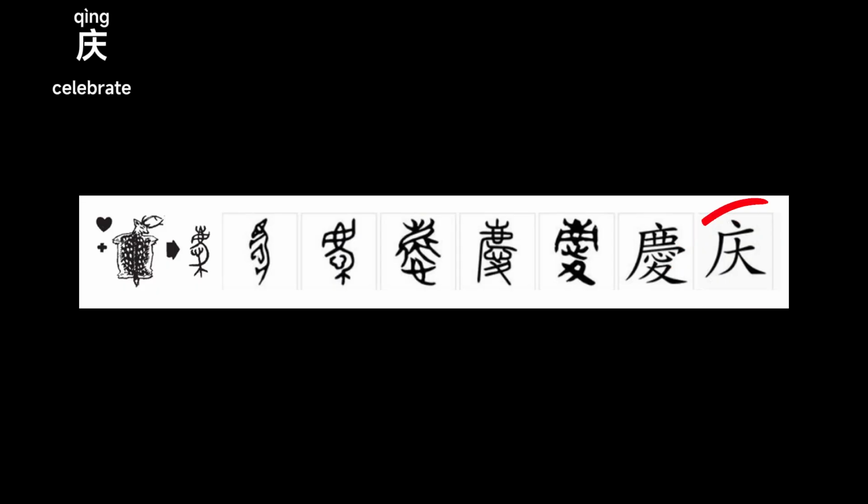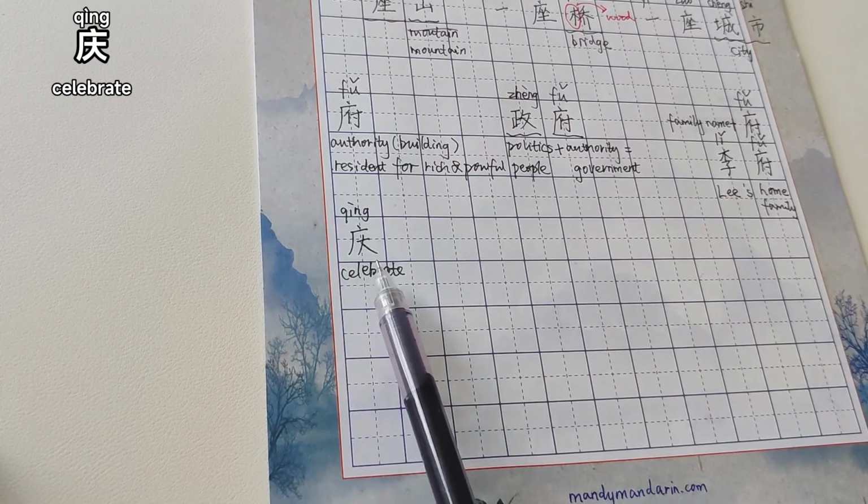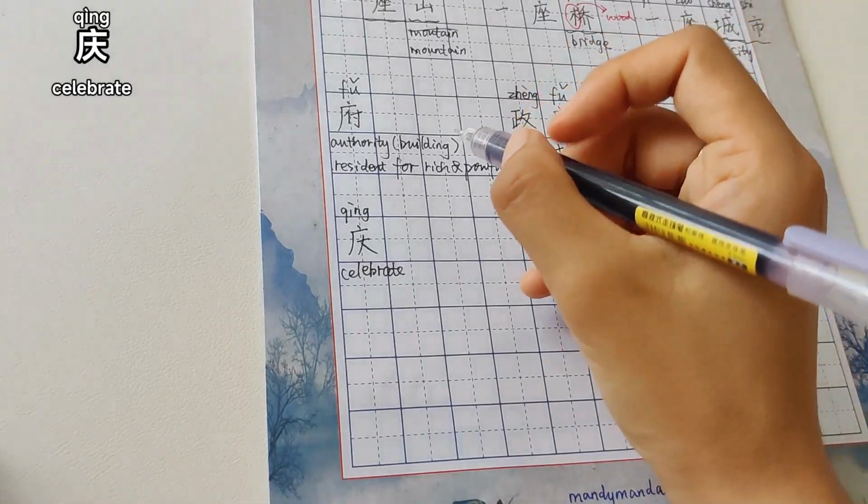And if you understand it in the modern version, I think it also makes sense, right? Because when you want to celebrate, you want to make it big. You want to make it a big party, or you celebrate it in a big place. Anyway, I think the ancient version and the modern version both make sense. So, Qing is to celebrate. And we say,